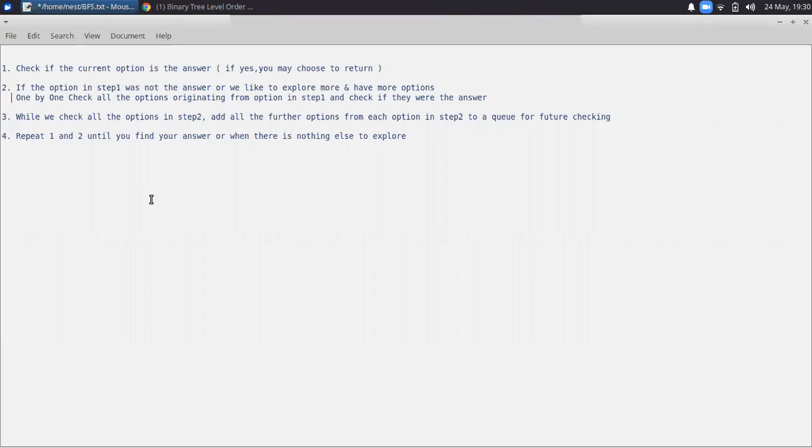And while we have traversed the first option and added the other options from the first option to a queue, we remove the first option from the queue so that it is not reread again and is not processed again, and you don't enter into an infinite while loop. So we do that for the reason that we do that